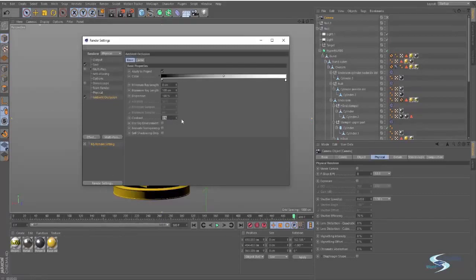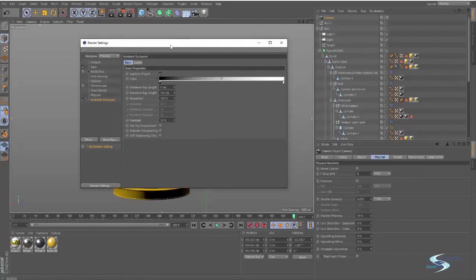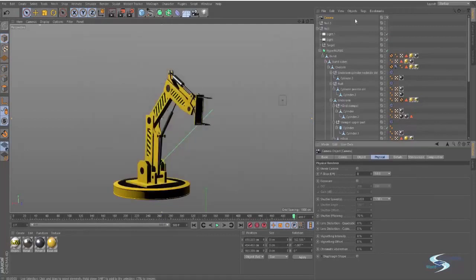Ambient occlusion, I like to add a bit of contrast just to make it more noticeable, so 20%. And this is basically our render settings for this camera. So if you have used a real camera, you will know some of these options. We've got the f-stop, that is basically your aperture. I will choose something like